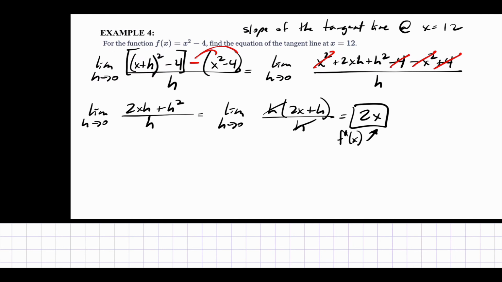Okay. Slope of the tangent line. So what do I got to plug in there to get slope? 12. So when I plug that in, I get 24, right? So now what we have to do, the very last thing is, they want us to find the equation of